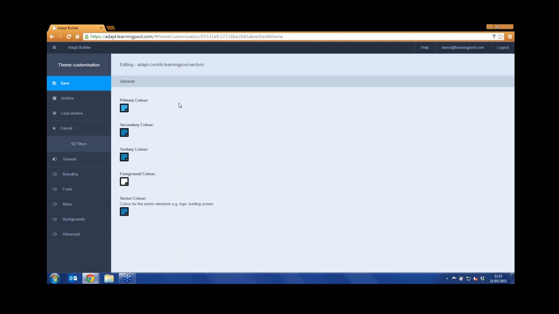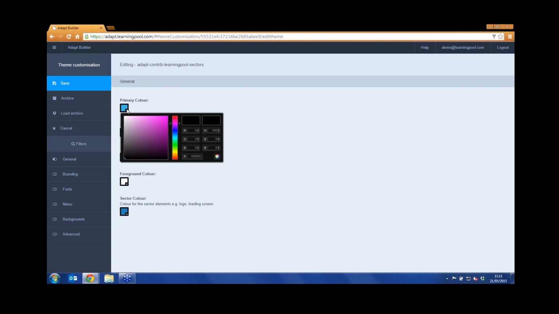So in the General section, you'll see we have 5 options available here. We have the primary color, secondary color, tertiary color, foreground, and sector. Each of these are small color pickers that we can just click on to set the color. Now we do have a few options available here in how we want to change this. We can modify it just by moving the color around on the color picker,